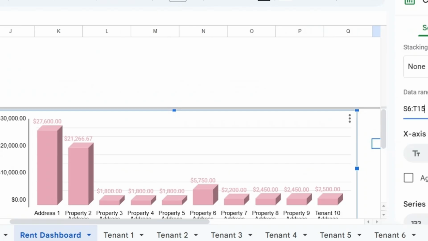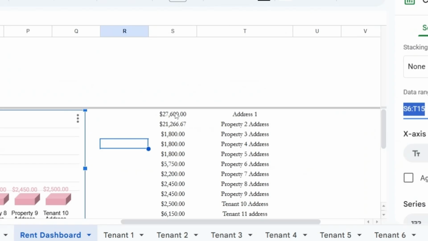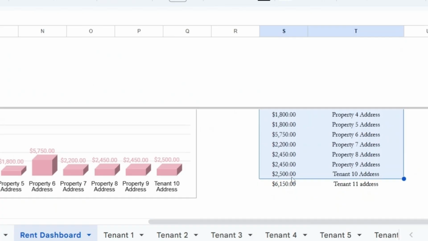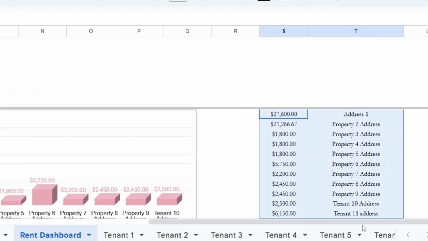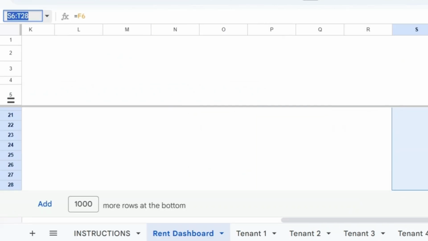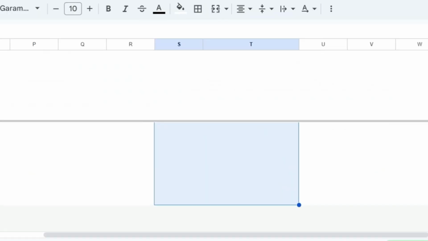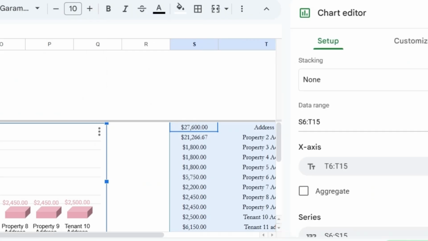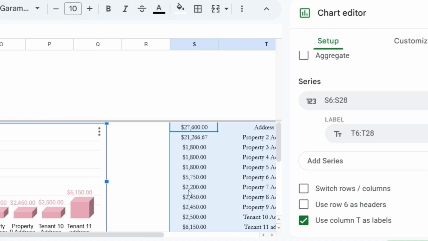And it is saying go to data range S6 to T15, which is here, but it's only including S6 to T15, which is here. And so it's not including your new tenant. So what we want to do is now highlight this whole section that's going to include all of the new tenants. And now it's S6 to T28. Top left-hand corner, it's showing you. So we're gonna copy that, go to the three dots in your chart, edit chart, go to the data range, and we wanna now go S6 to T28 and click that, and then it will add in all of the new